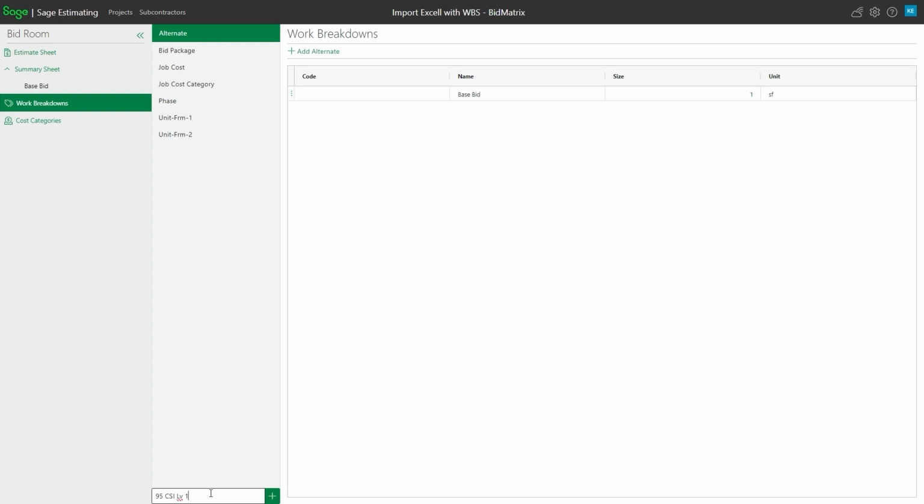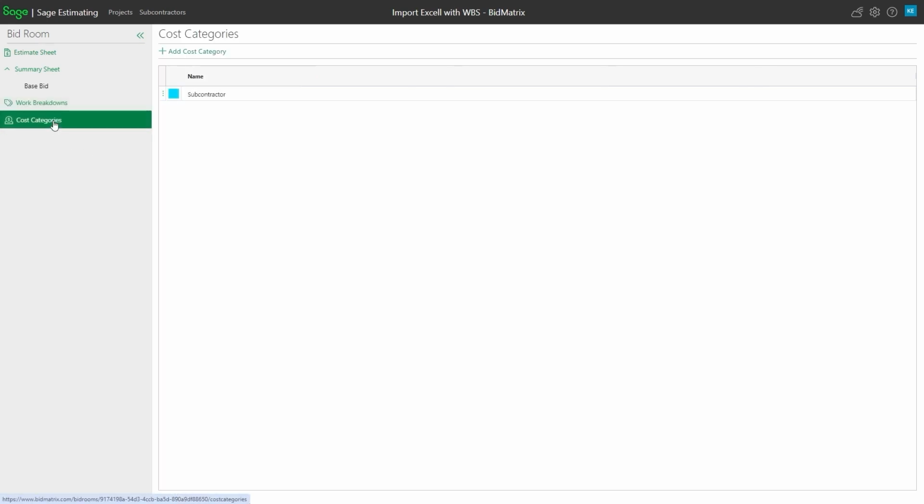I'm just going to say the main level. And let's say that I also have detail, plan page, phase, all sorts of different things. Let's see, the other one I had in this one was the building. So that gets me all the different WBS codes that I need for this particular project.